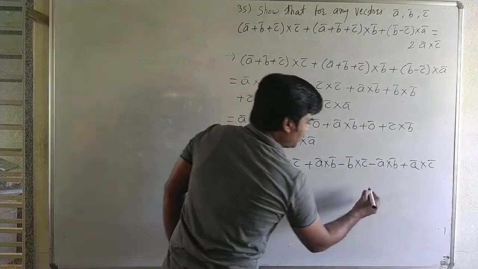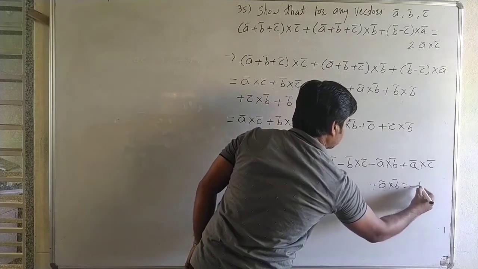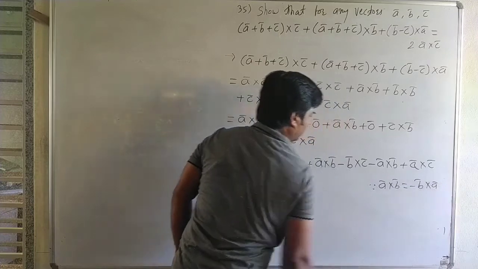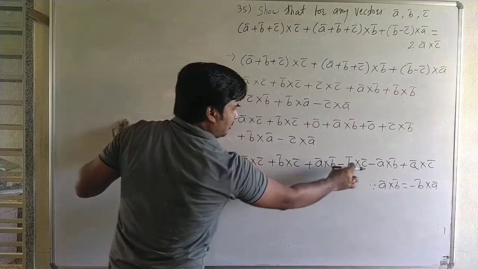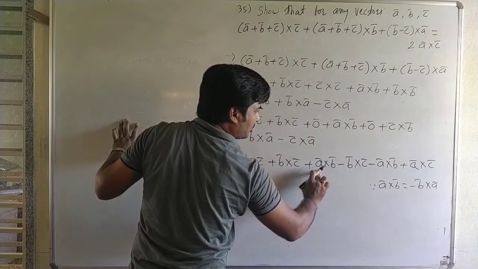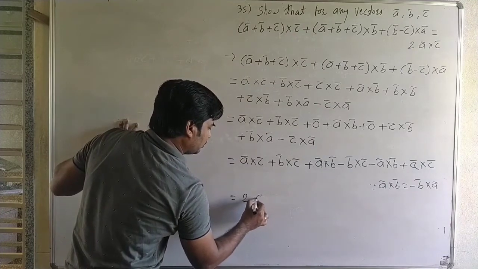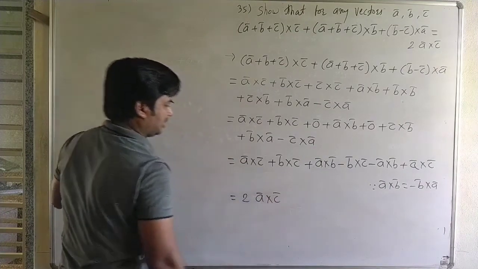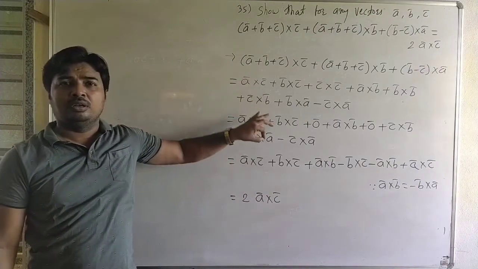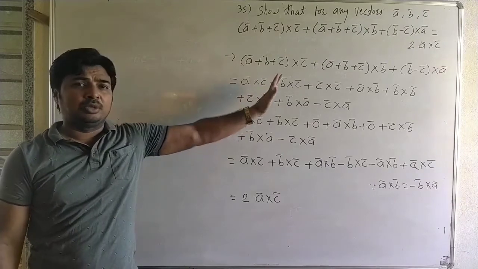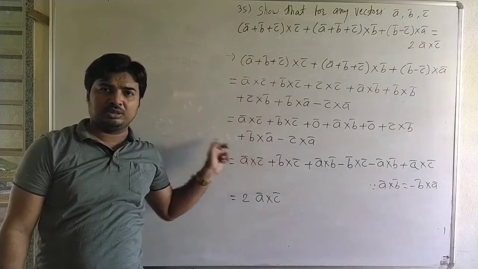Here we use the property A bar cross B bar is equal to minus B bar cross A bar. Now B bar cross C bar and minus B bar cross C bar get cancelled, A bar cross B bar minus A bar cross B bar get cancelled, and the first and last terms give 2 A bar cross C bar, and it is the proof. See carefully, here we use only the properties of the vector product. Take the straight multiplication: if the multiplication is a cross product, then take the cross product; if the multiplication is a dot product, then take the dot product.